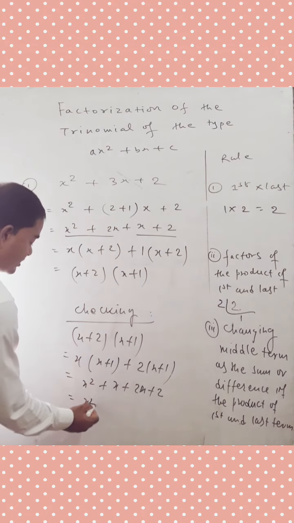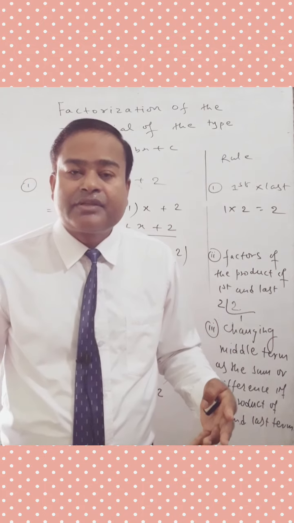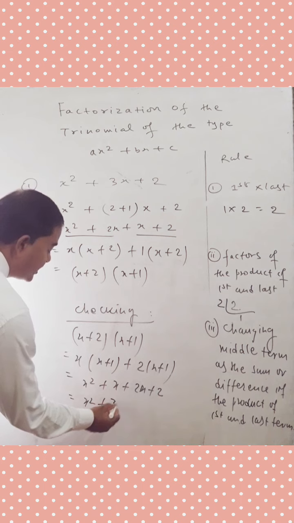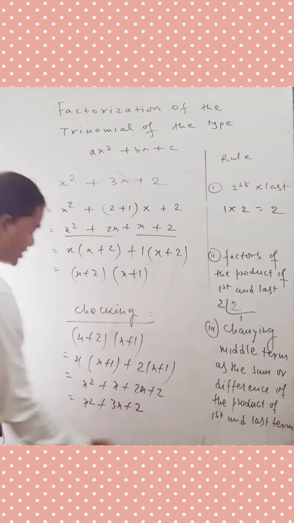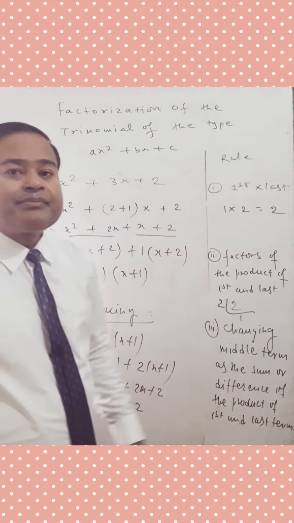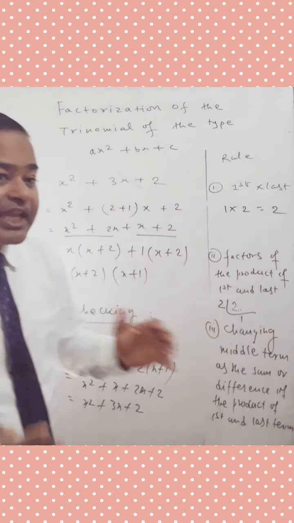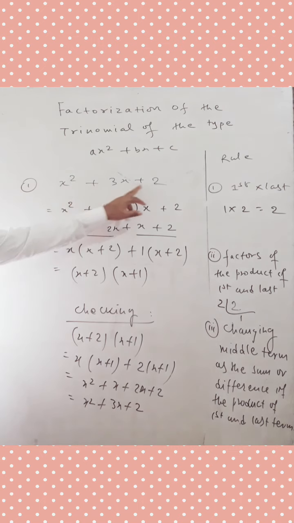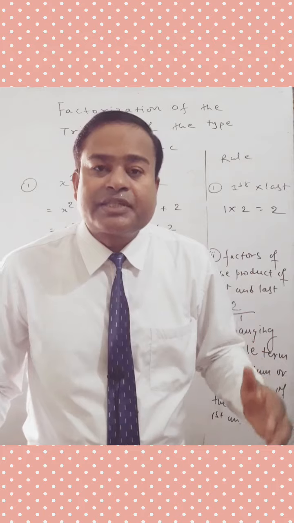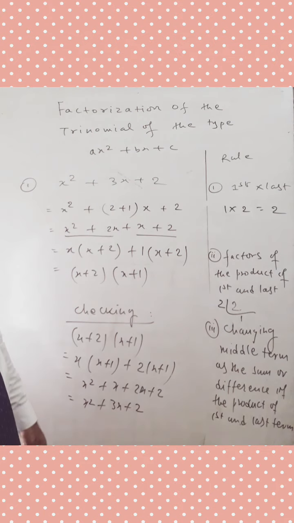Now x squared plus, now 2x and x, they are like terms because they have got the same variable x. 2x plus x is equal to 3x plus 2. So this means x squared plus 3x plus 2. That means again we have got the same algebraic expression x squared plus 3x plus 2. So we can say that the 2 factors of x squared plus 3x plus 2 are x plus 2 and x plus 1. So before we end this video, let's review once again the